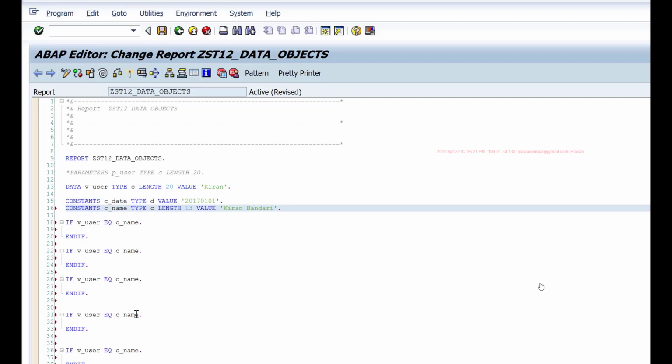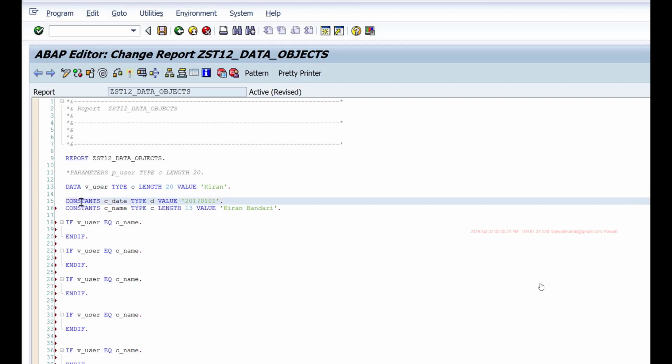So these are a few advantages of using constants compared to literals. Generally in companies, they ask you to avoid using single quotes. So don't type anything in single quotes. If you want to use a single quote, then instead of that, use a constant. So DATA creates a variable, CONSTANTS keyword creates a constant. The difference is a variable can have different data at different times in the program flow, whereas constants will always have a fixed value throughout the program runtime.